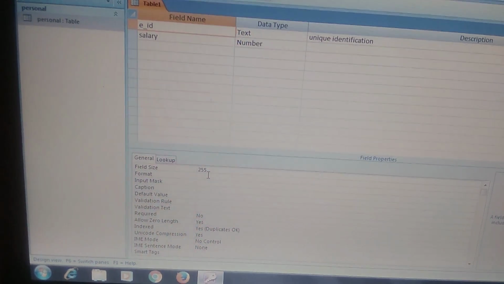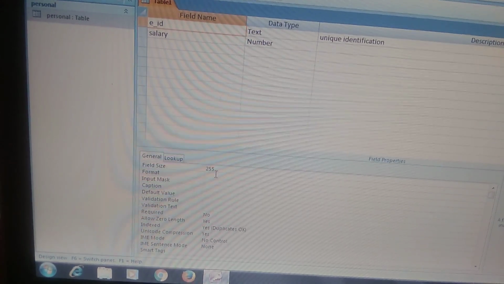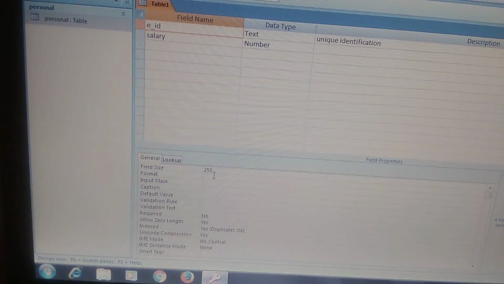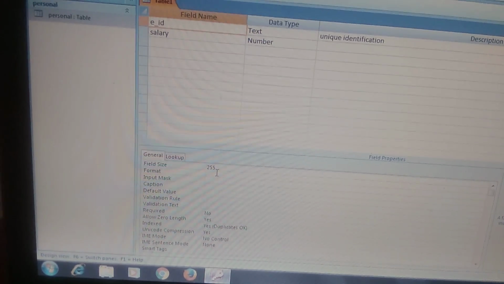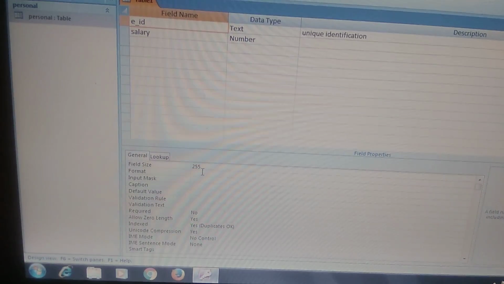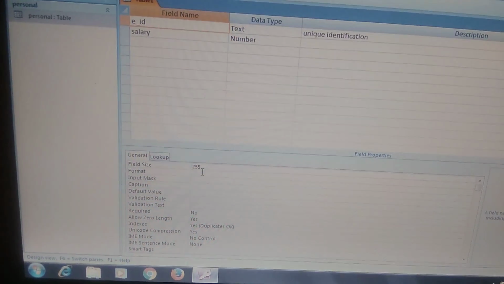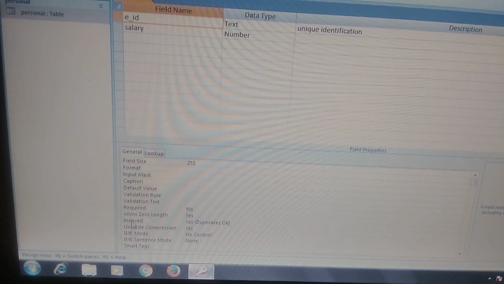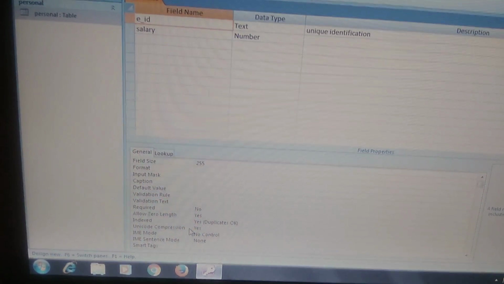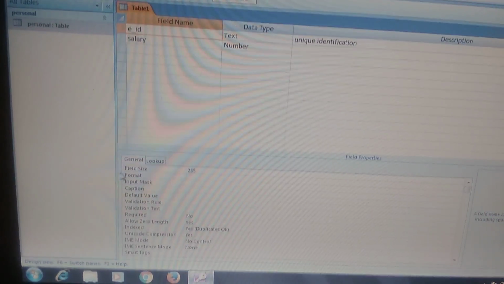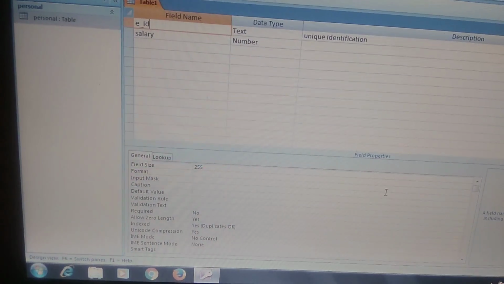So if we select yes, then the value can be left blank. In required, a value must be entered by you, and in allow zero length, you can leave a field blank. So all these were the properties of a particular heading.